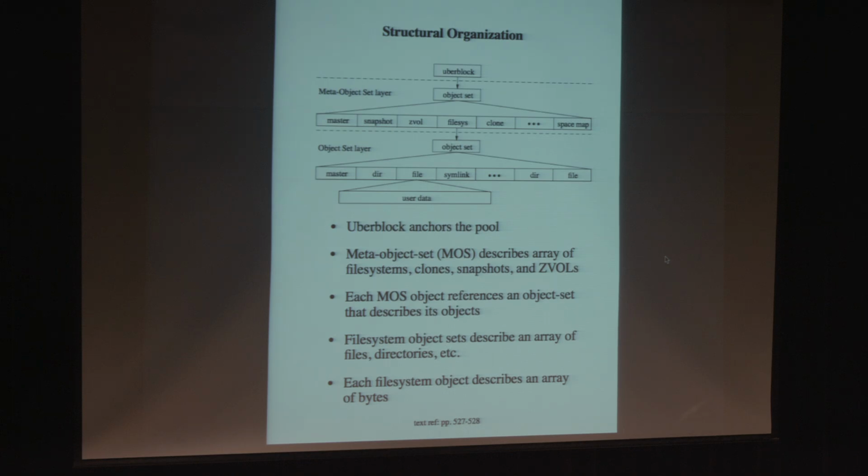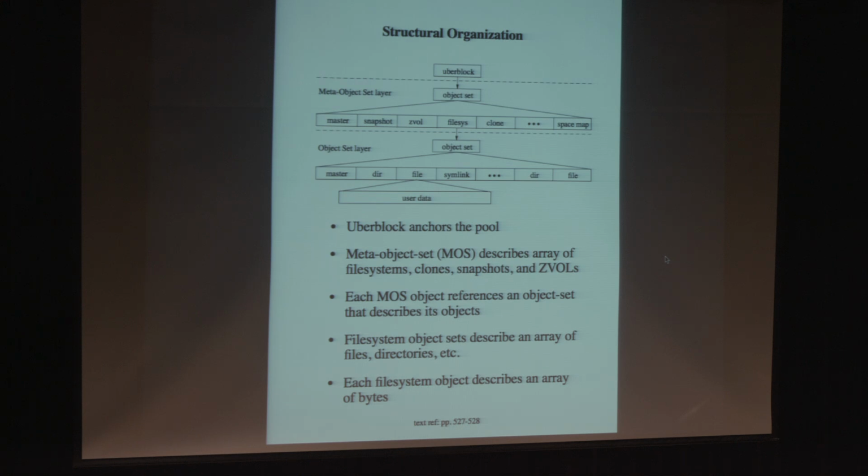And in these pictures that you see, anytime you see something that has a sort of triangle going down to a big array, that really just means that we're using indirect blocks. So that array of things can be however big we need it to be. Just like in historic Unix, you had a file and you can just keep making it bigger and bigger by building up the indirect block structure. The same thing is true here. So the array under the object set there is just made as big as is necessary. In ZFS, usually the first object in the array is a master object, which is where you keep stuff about that particular thing.